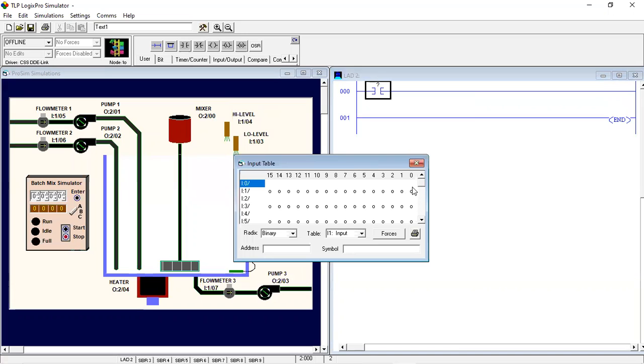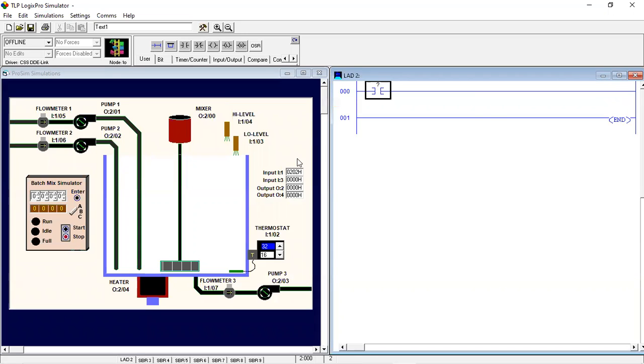We can put the address from this table, or move the circle on the start, click the address and push here. So it automatically fills the address of our input instruction.